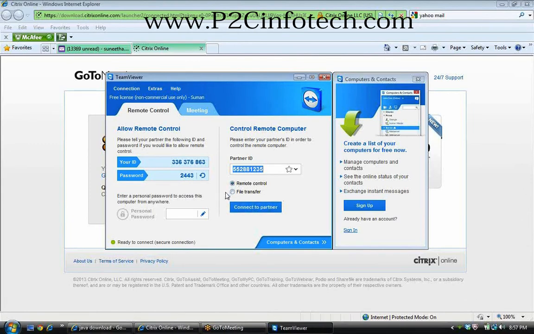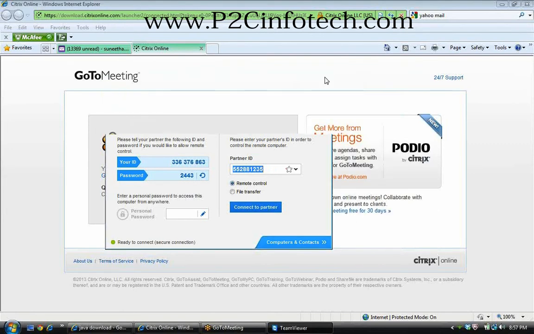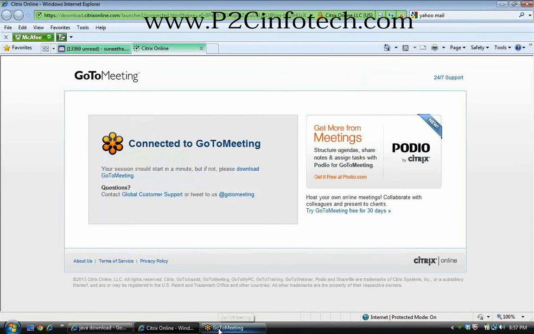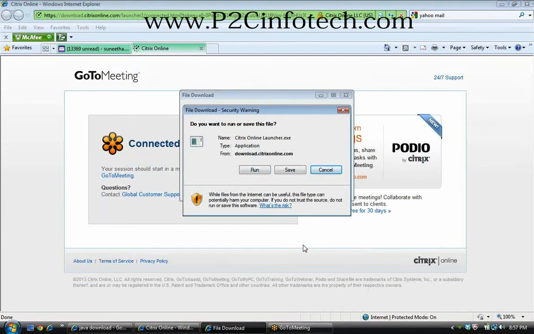I'm saying in GoToMeeting you'll have a control, a control remote computer. Not this one. You close TeamViewer. Okay. Click on download GoToMeeting here. Say run. Save and run.